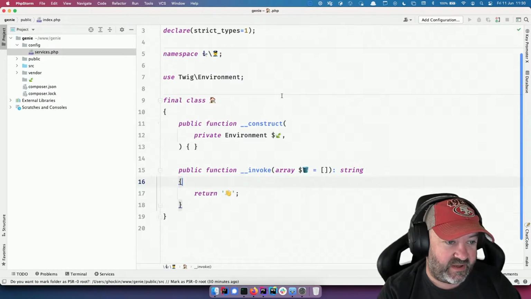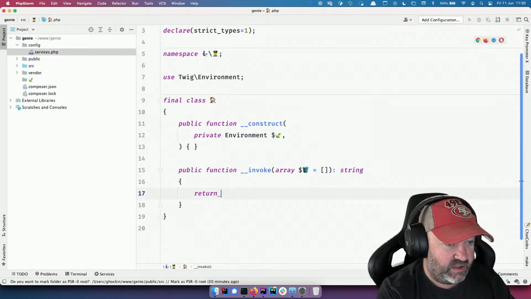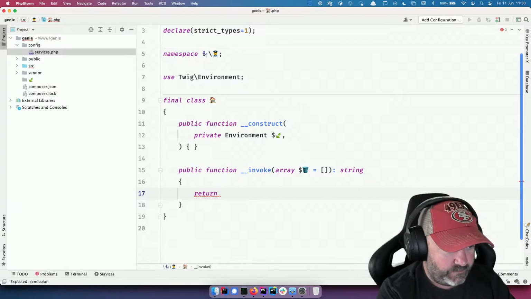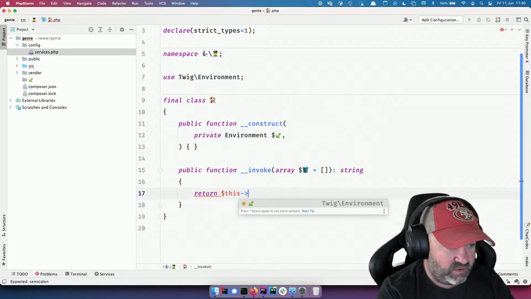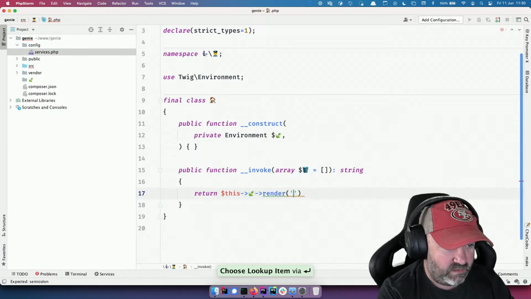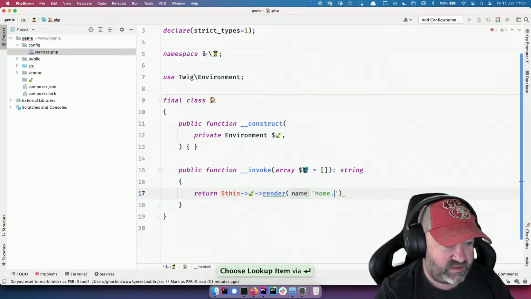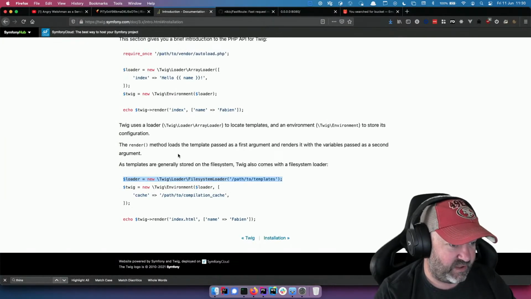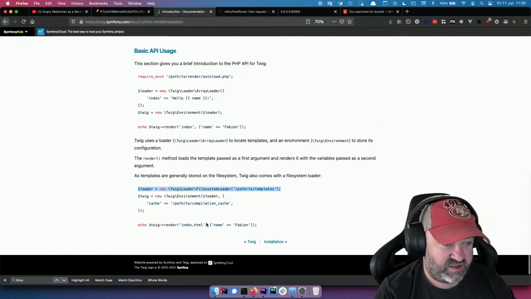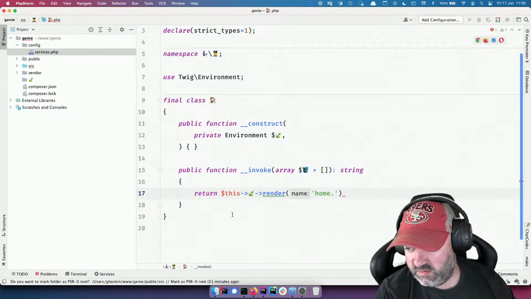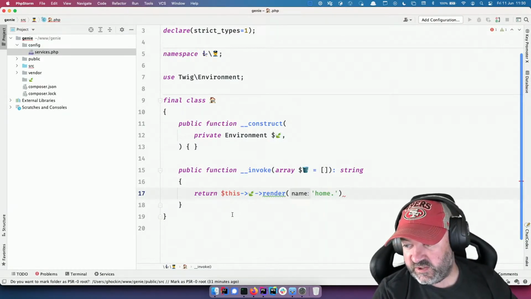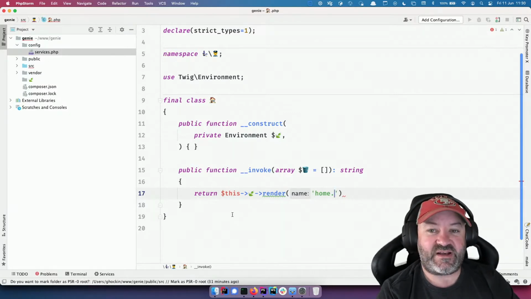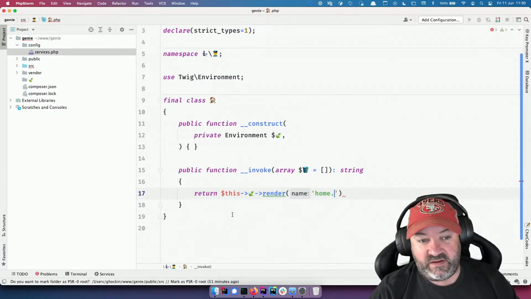Everything acceptable, Kat? So now what we should be able to do is say, return this, twig render, home dot, how do we name twig files? I forget. They're just HTML files, right? So with the service manager, can you specify a parent class? Can you elaborate a little bit,